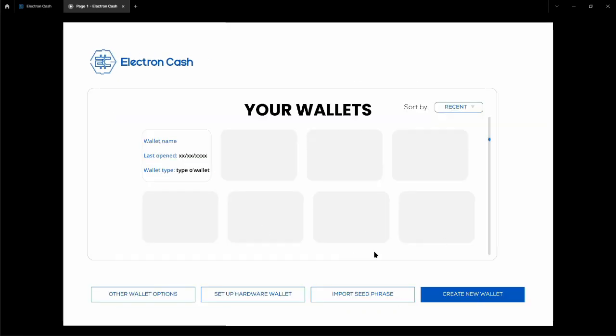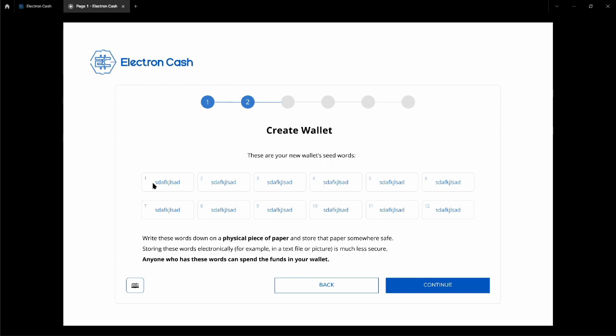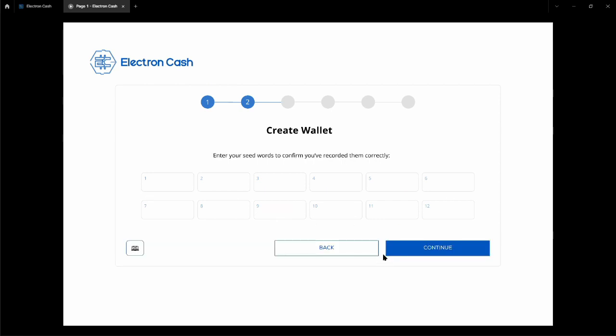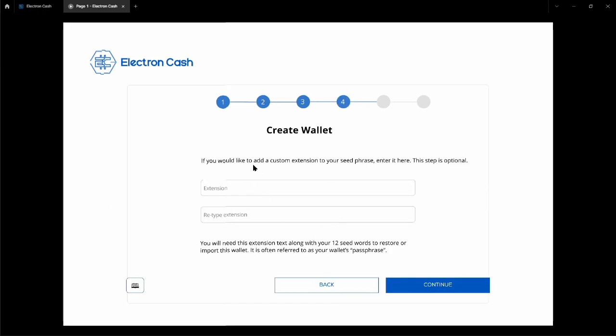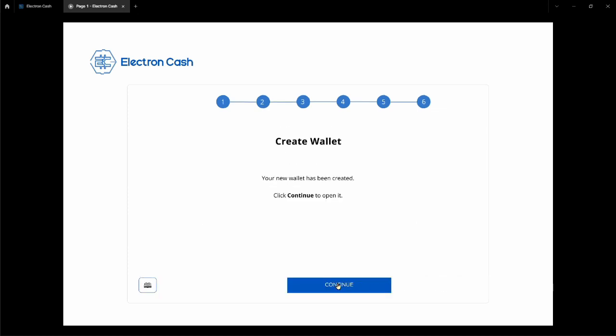Aside from some clear explanations, the process for creating a new wallet or importing a seed phrase is mostly the same. You pick your wallet name, we give them their seed words, we number them. We do strongly recommend an option to allow users to continue without confirming their seed words, because leaving the user no choice is just as likely to convince them to take a picture of their seed phrase or save it as a text file as it is to get them to do things the right way. So clicking continue before entering any seed words can bring up a strongly worded warning with instructions on how seed words can be accessed later. And then you've got your passphrase or seed word extension, wallet password, and then finally